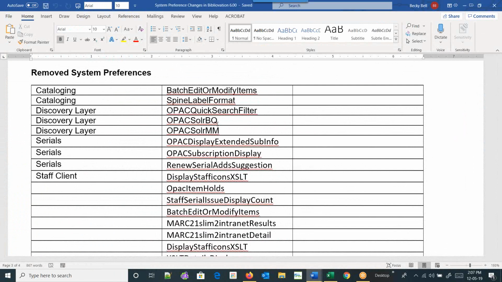So I figure if LibLine puts in the release notes that these are no longer active system preferences, we can rely on it. Now, like the OPAC quick search filter, that is still there, but I think it's called something different now. I think it's just a quick search filter now.